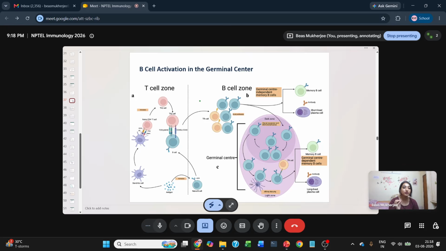In the dark zone, it is called dark zone because a lot of cells are there, and under the microscope, it looks dark. A lot of cells are there with large nuclei and very small space for cytoplasm because the cells are constantly dividing. The B cell here undergoes clonal expansion and BCR diversification. So what is clonal expansion and BCR diversification? It means that the